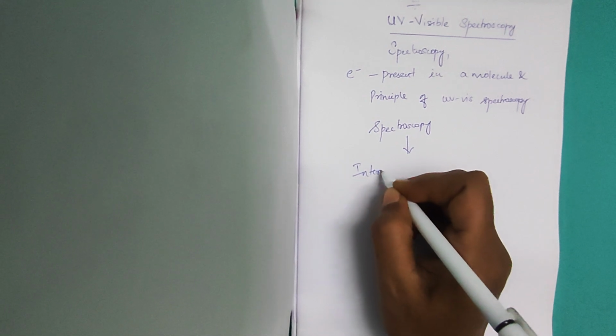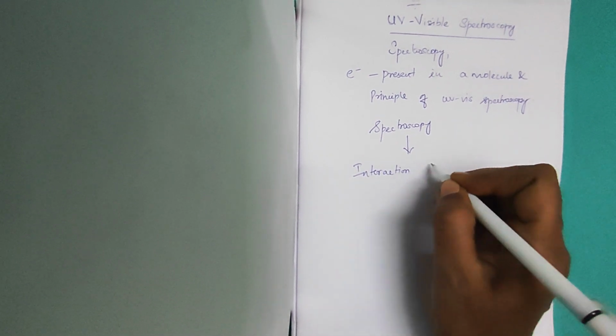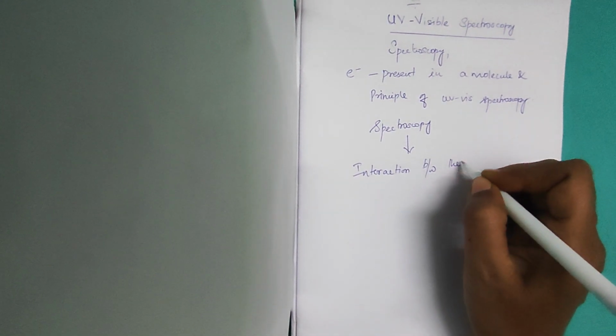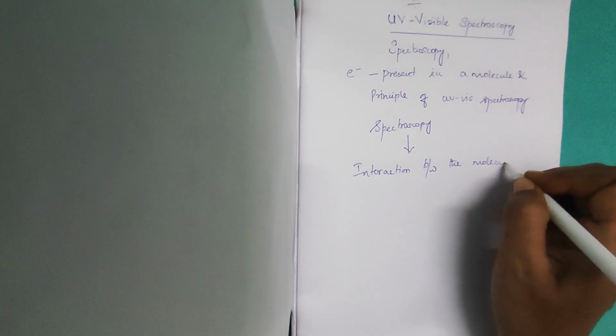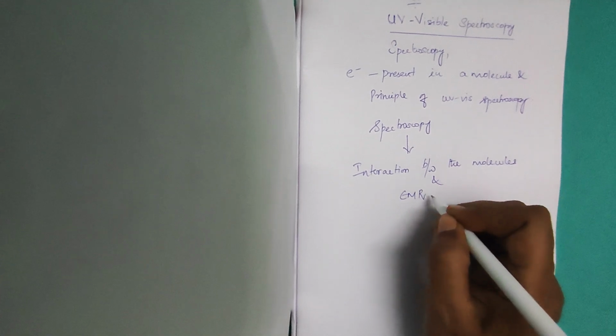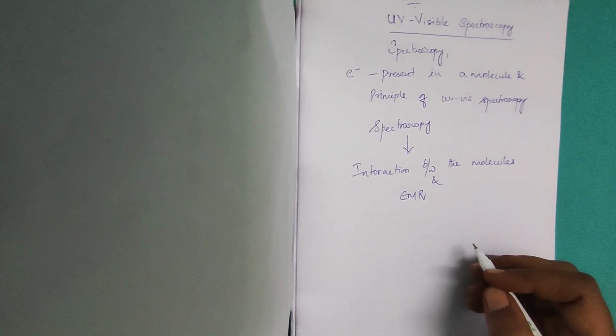So we know that spectroscopy is the study of interaction between the molecules and any kind of electromagnetic radiations. So what is this electromagnetic radiation? Your electromagnetic radiation is composed of